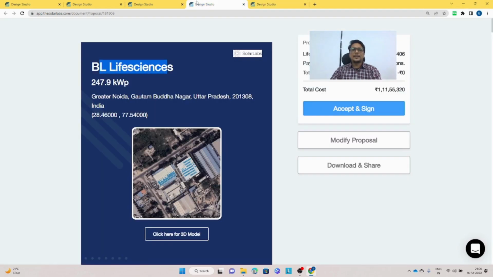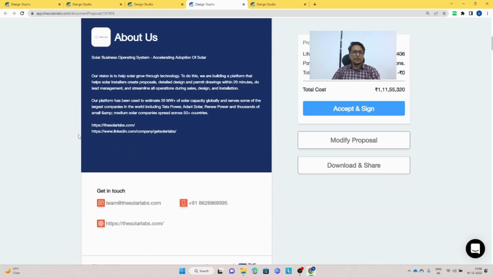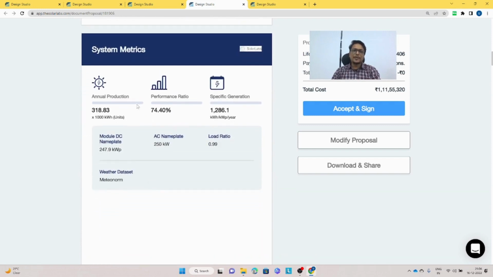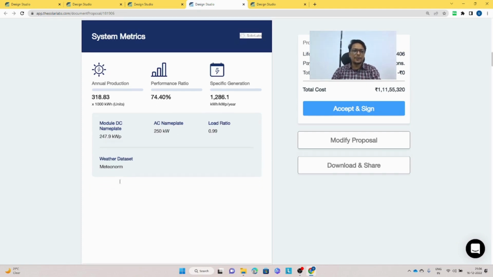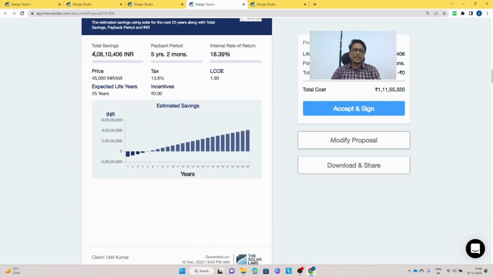Then let's come to the document proposal once again. In the second page of the document proposal, you will have this about us. You can write about your company and your company details over here. Then in system metrics, you will find the production details and the specifications like DC size, AC size, load ratio, and which weather file you have used. Then the estimated savings page, where you can see